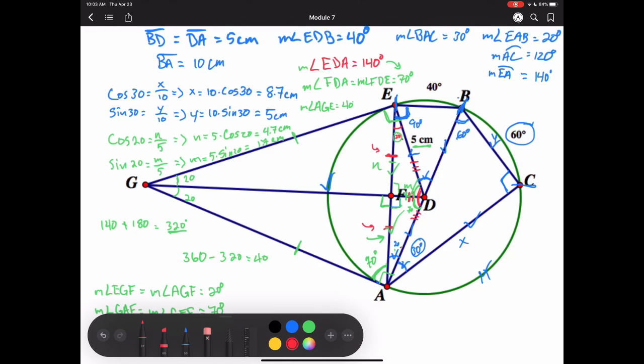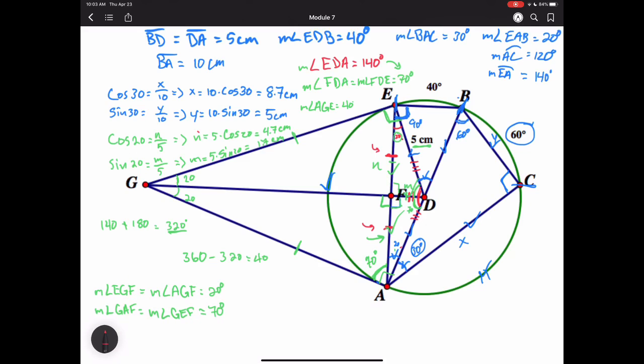I'm going to go back to red, I think. So N, so it's actually 4.7 centimeters. So I'm going to use some trig to find both the hypotenuse right here and this leg there. So first I'm going to find the leg, actually. So I'll do tangent because it's opposite over adjacent. So tangent of 20 is equal to the opposite side, 4.7, divided by the adjacent side, which I'm just going